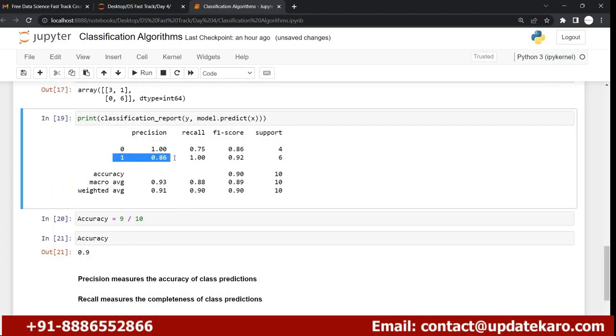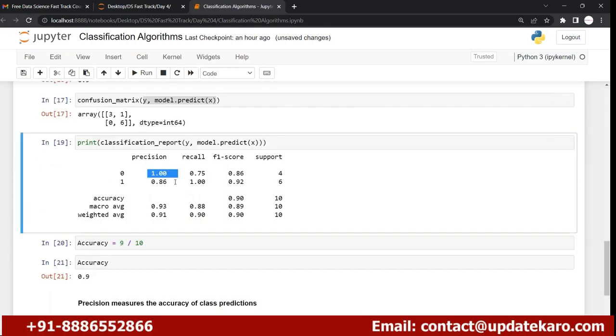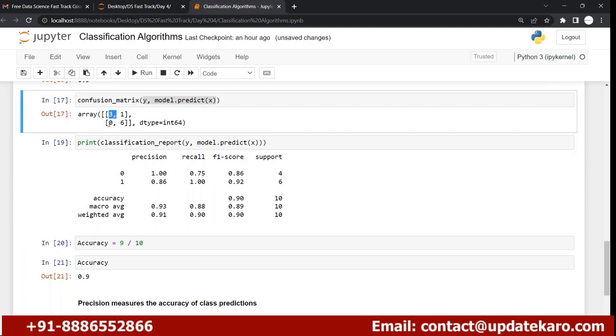Okay, so here you can see the precision for class 1. If you wanted to find out the precision for class 0, what is the formula now? As we know, this is the formula for class 1, the formula for your positive class. What about the negative class? The precision value for this negative class is going to be the true negative divided by true negative